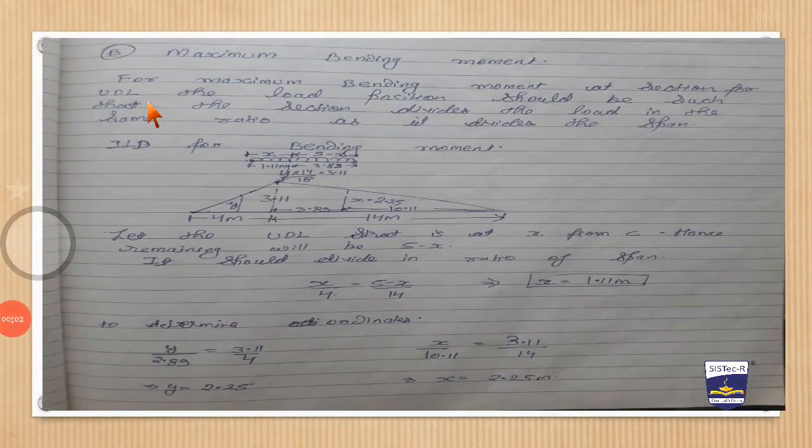Okay, maximum bending moment. For maximum bending moment at a section for UDL, the load position should be such that the section divides the load in the same ratio as it divides the span. Okay, so what does this mean? इसमें सीधे सीधे ये कह रहा है कि UDL के केस में जब उसकी लेंथ टोटल स्पान से कम होगी,